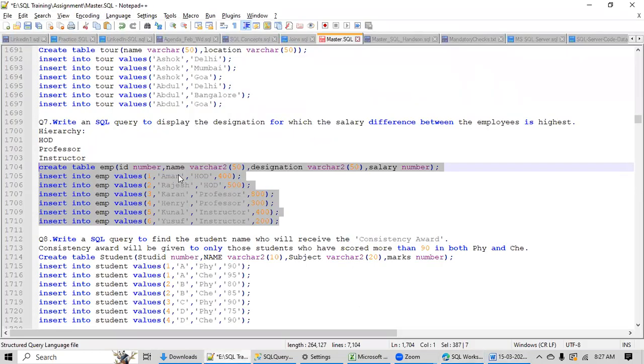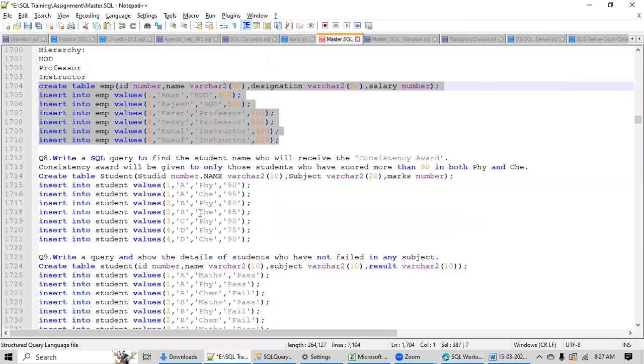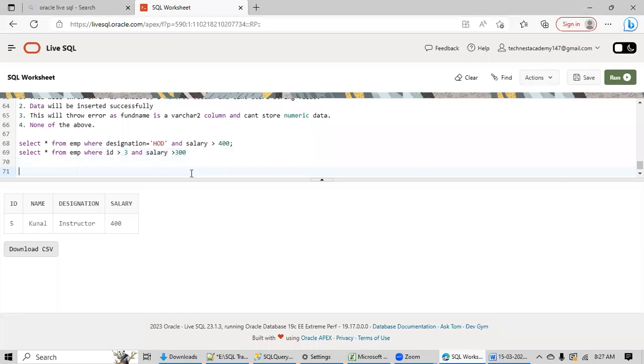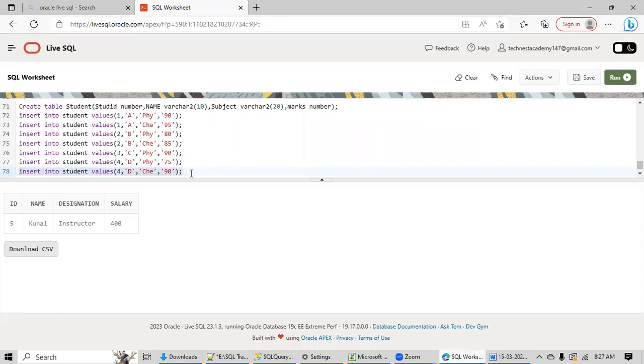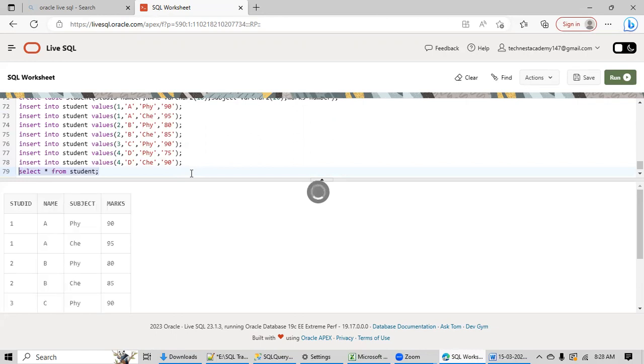Let me check a few other examples now. Let's check this example. Now here you have another table, a student table. Now suppose my manager is telling me to show something, and this is the task